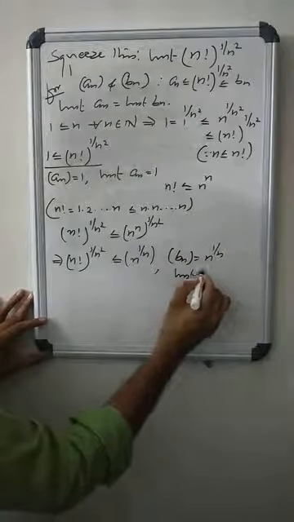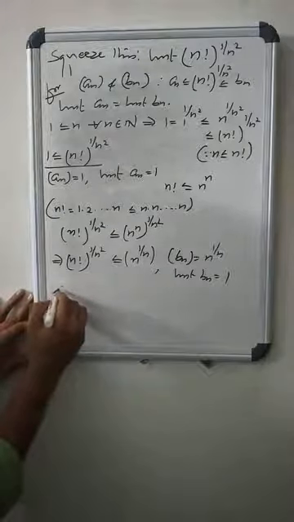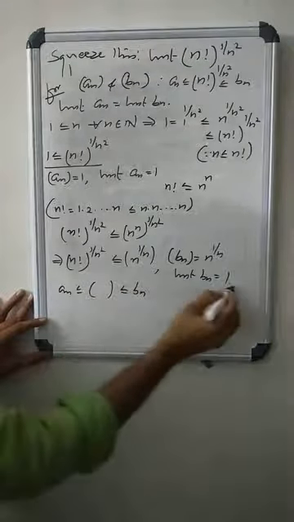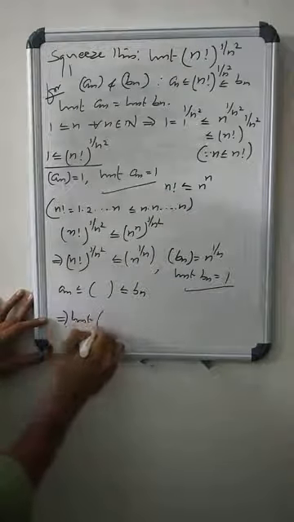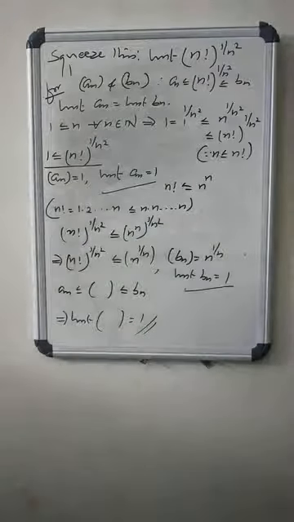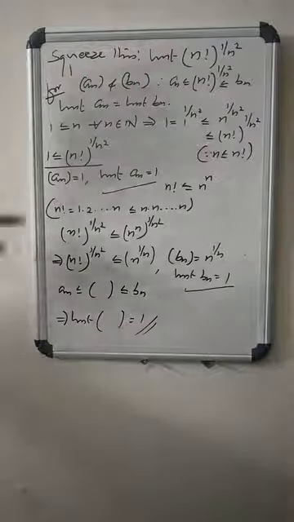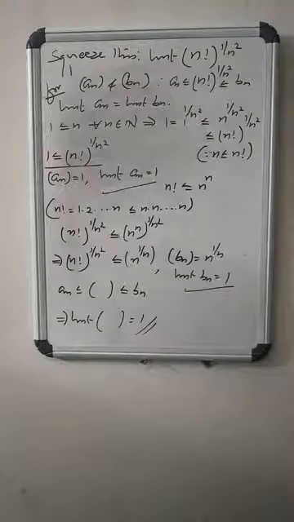So what is the limit of bn? The limit of bn equals 1. Agreed. So we have an less than or equal to the given sequence less than or equal to bn, with limit bn equals 1 and limit an equals 1. Therefore, the limit of the given sequence is 1, which means the limit of (n factorial) power 1 by n square is also 1. So this can be proved by using the Squeeze theorem. So far, to find the limit of a sequence by using the Squeeze theorem,